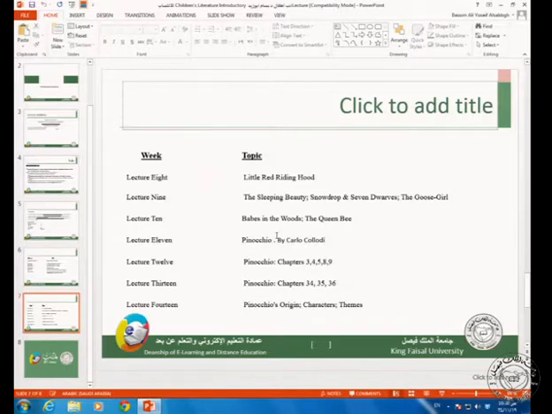In lecture 11, I have already put for you the story of Pinocchio in a short form, from the very beginning to the end. Okay, Pinocchio as a short story. But this is not all you have to do and know about Pinocchio. This is just to give you an idea about the whole story of Pinocchio. Then again in lectures 12 and 13, you'll be asked to read